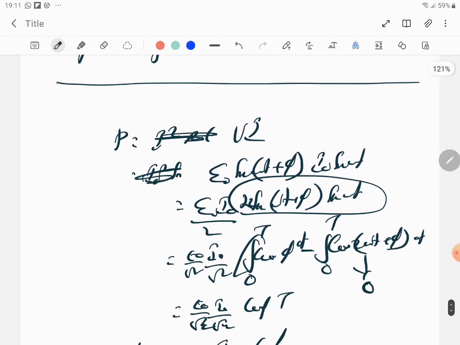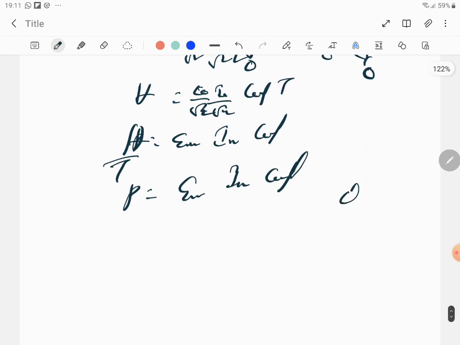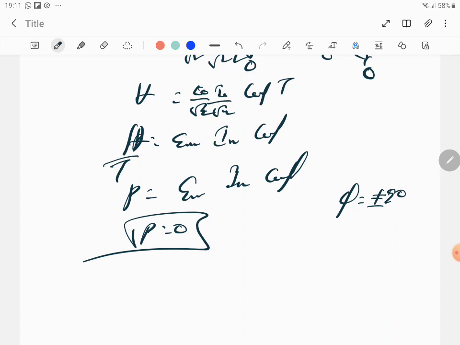And what is this? This is actually heat, not power. Power means T has to come. So H by T, bring the T down. So ERMS into IRMS, which is nothing but P is equal to ERMS into IRMS into cos phi. And you know for a pure inductor circuit, phi is plus or minus 90. So when you put that in, the power dissipated is 0. What is wrong in saying this? You tell me.